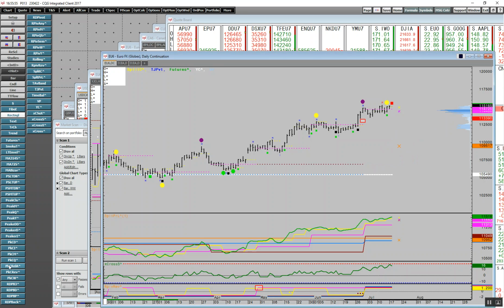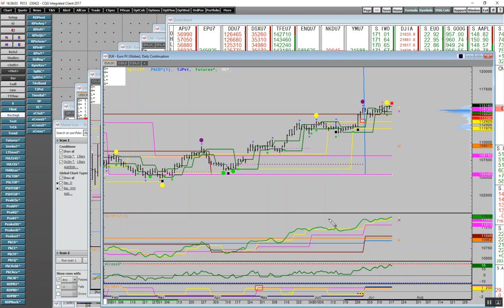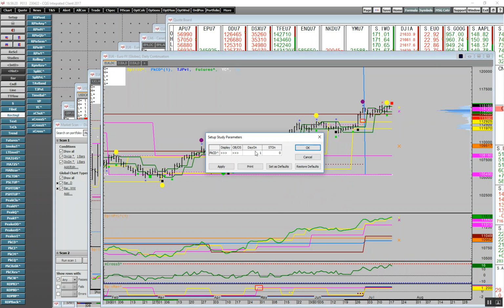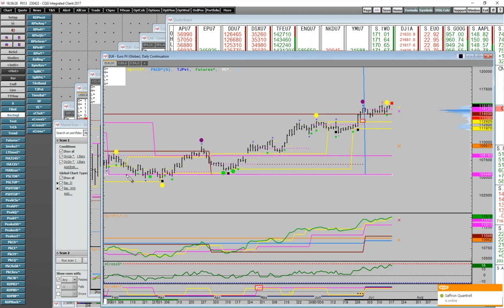Now, one of the other studies we use is support and resistance across time, which I will add now. And each of the colors, once again, is reflecting time. So green's daily, yellow is weekly, pink is monthly. Now, when a market moves inside, I might just take the daily off at the moment just to reduce the noise. Okay, but typically what we see is where a market moves inside one of these, for instance, if we move